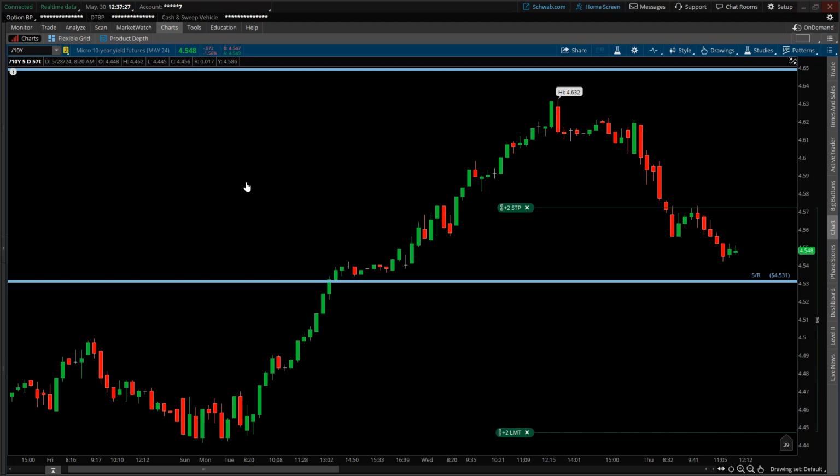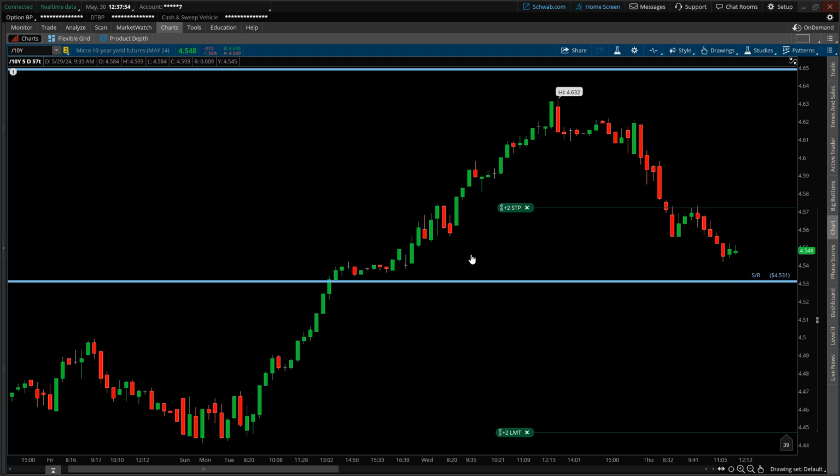Today's Thursday, May 30th, and this is a trade review and a position I started taking involving the micro 10-year yield futures. The ticker symbol is /10Y, and as of the time of this recording, the 10-year yield is quoted at 4.548%. So this is the current candlestick right here, and what I'm showing is that these blue horizontal lines represent